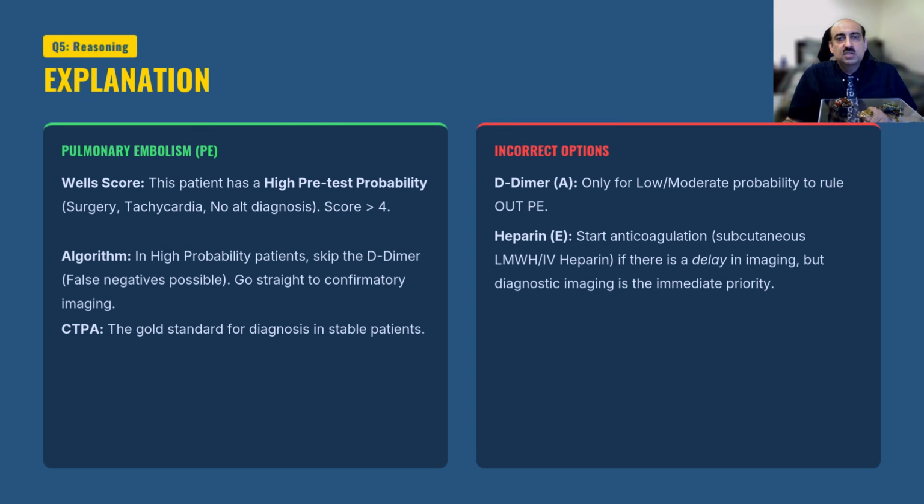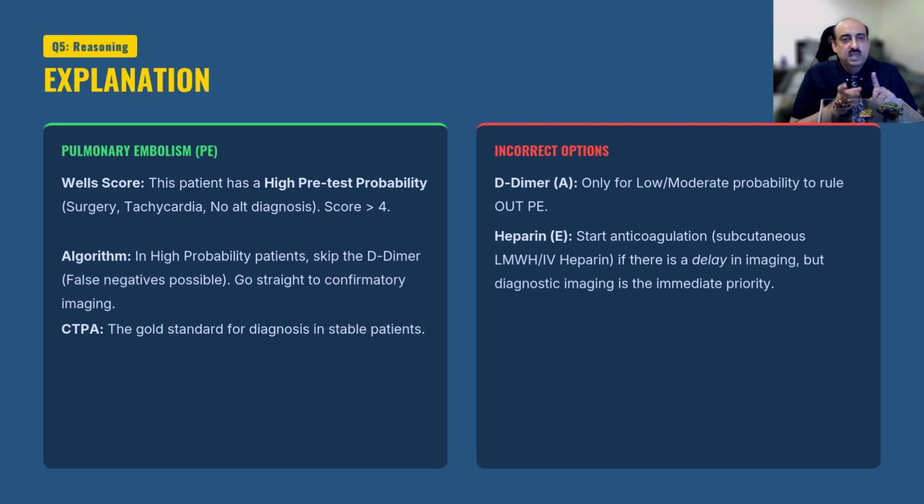Okay, coming to the discussion, there is no doubt that in this situation it's pulmonary embolism. So D-dimer, no D-dimer, it's a very, very common question to be considered and asked about in clinical settings. So the Wells scoring in this situation is already high. It's already 4 because of the surgery, tachycardia, no other alternate explanation, etc. So when the scoring is high, pretest probability is there, the usefulness of D-dimer is virtually nothing. So in this situation, the correct step would be to confirm the diagnosis by appropriate imaging, which is CT pulmonary